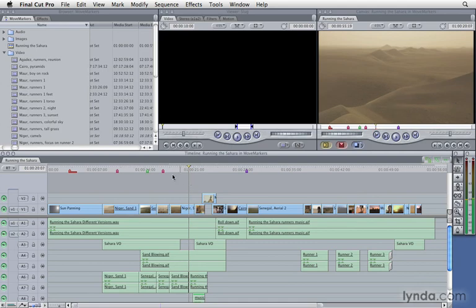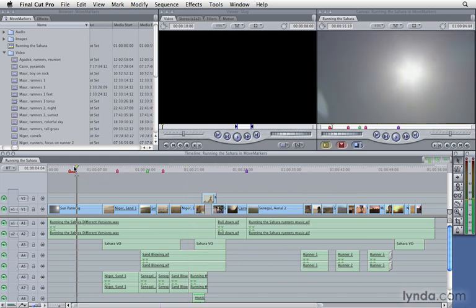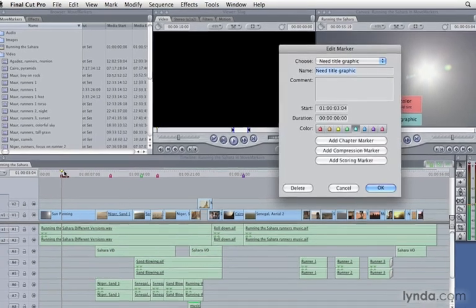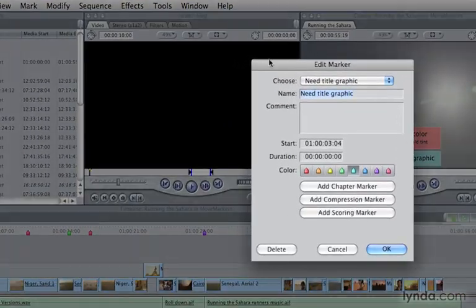The final thing I want to show you is I have a situation where I actually have two markers on top of each other. Now this is actually very useful because Final Cut will show me both of those markers in my canvas window at the same time. And if I open this up by hitting the M key, you'll notice the dialog box looks almost the same, but if you notice right here it's a little different. Instead of having the name, we have the word choose and a drop-down window. So I can easily modify each of my markers even though they're on top of each other.